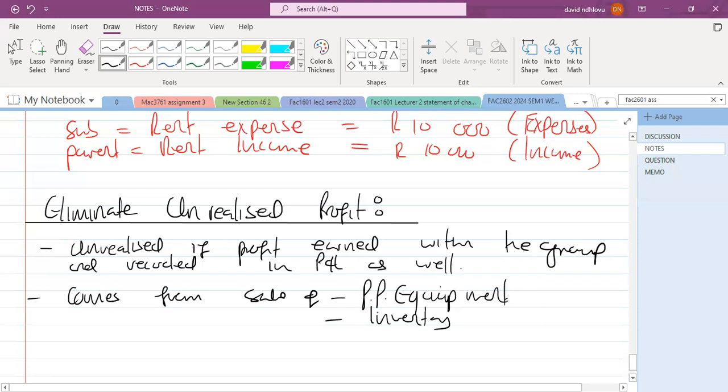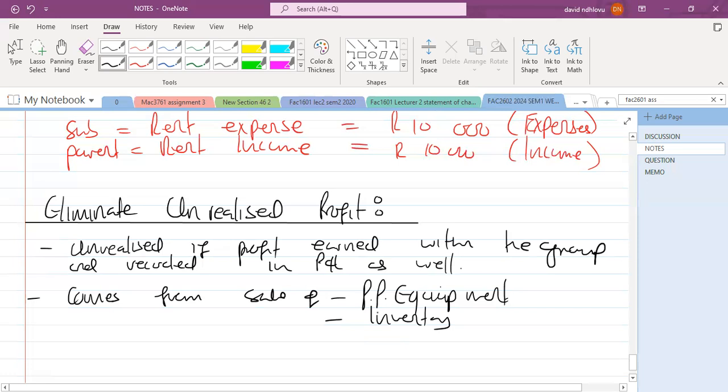Yes. Right, but that profit we are saying was earned within the group, not with an outsider. So when we now combine the two companies to make one, we are saying there was no sale by the group, because a sale is only recognized when the group is trading with an outsider. So any profit that may have been realized in the separate financial statements emanating from a transaction within the group must be eliminated from the books before consolidation. Right, I hope you understand it.